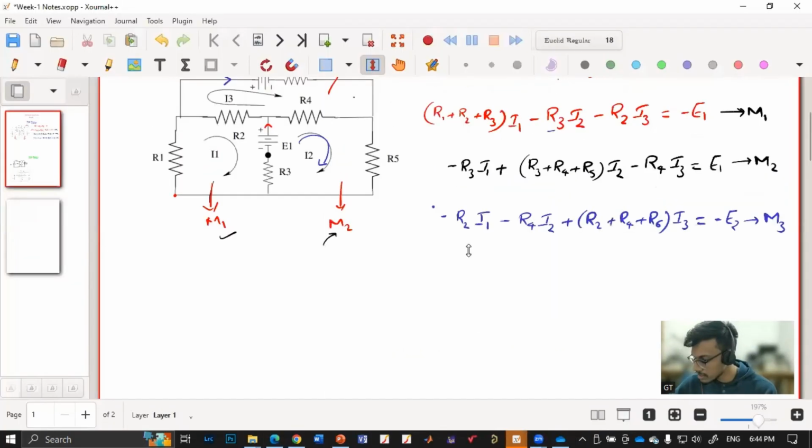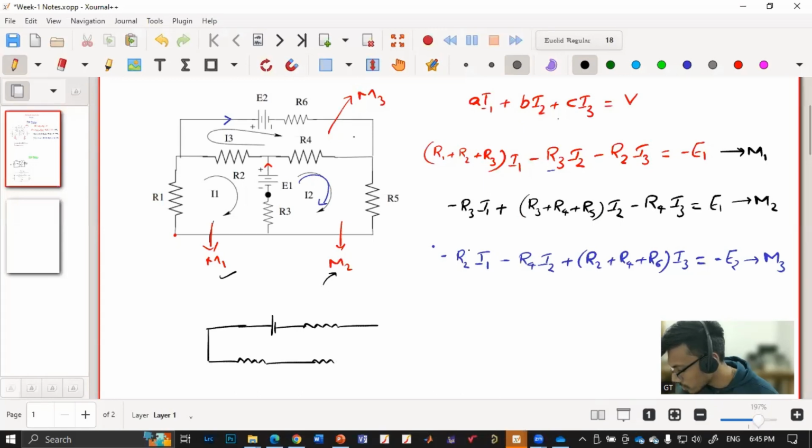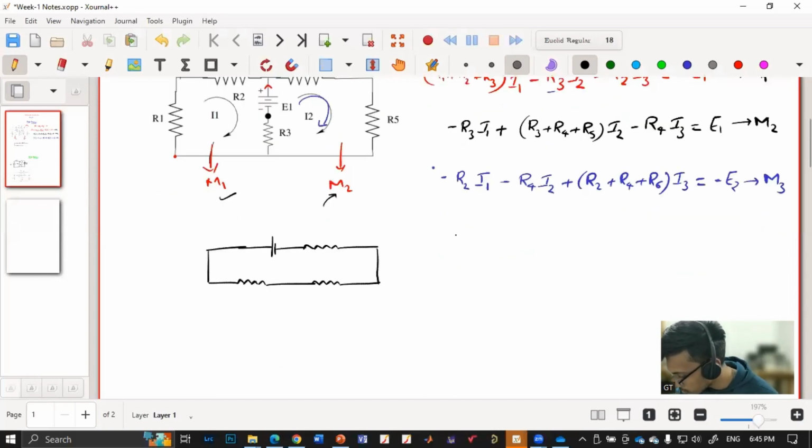I'll be considering the same circuit, but with a current source. So if there is a current source here,